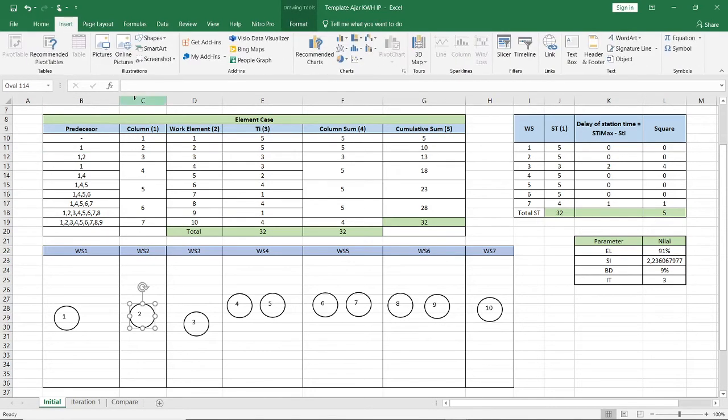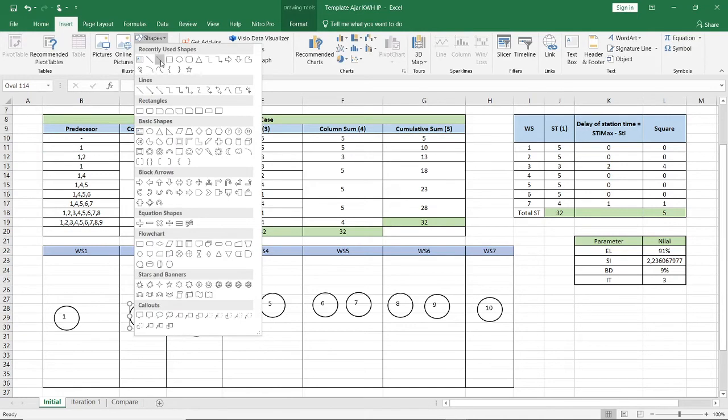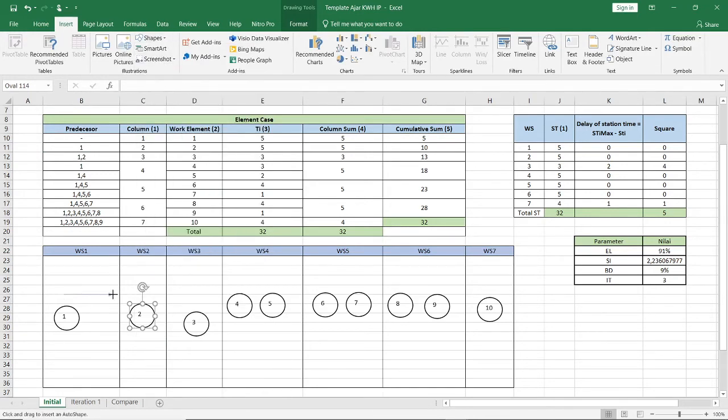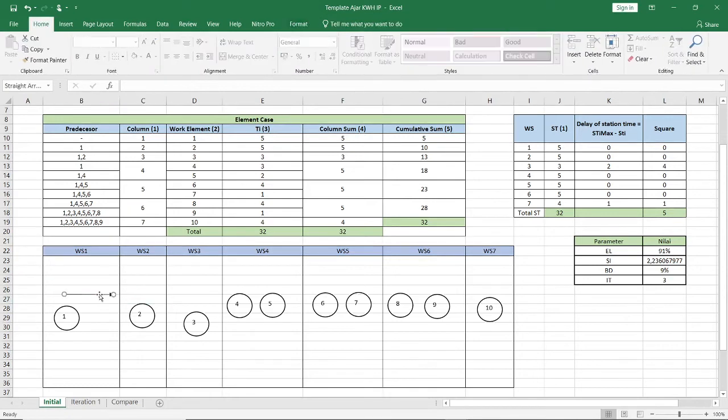So we draw the arrow, the line arrow, like here, and then move it like this. We can arrange later while we look at the predecessor. So after the first work element, it must go to the second work element like this.